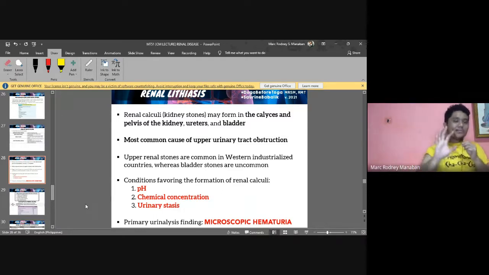And the primary UA finding there is, of course, microscopic hematuria. Please take note of that. No? So, imuhang urine, pag pangihi sa patient na possible na kidney stones, medyo clear pa lang. Pero paglantaw nimo sa imuhang microscopic, ayan, na kayo makakita ang RBCs. That's initially the first sign or primary UA finding yun.